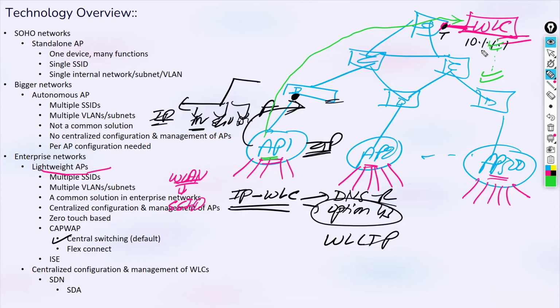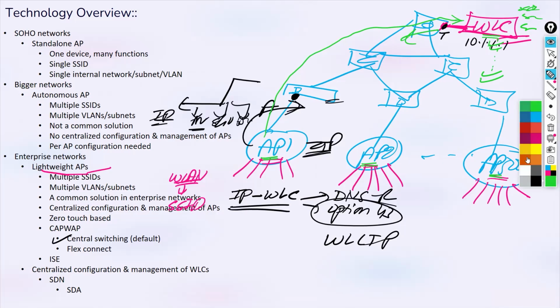That comes later on for the management. In a better way, we can create the AP groups as well. We can put some of the APs in one group, other APs in another group. We can have different AP RF groups and all. Which makes our life from the configuration and management perspective a lot easier. Now you can understand how the WLC is a lifesaver in these bigger enterprise networks, right? If five different SSIDs are needed, I will just go to one device, the WLC. I'll create five SSIDs and I'll push that down, then that will be given to the APs to be configured.